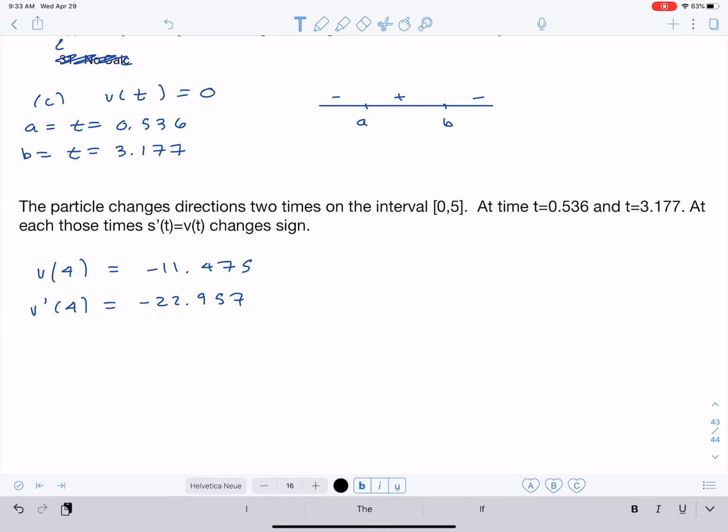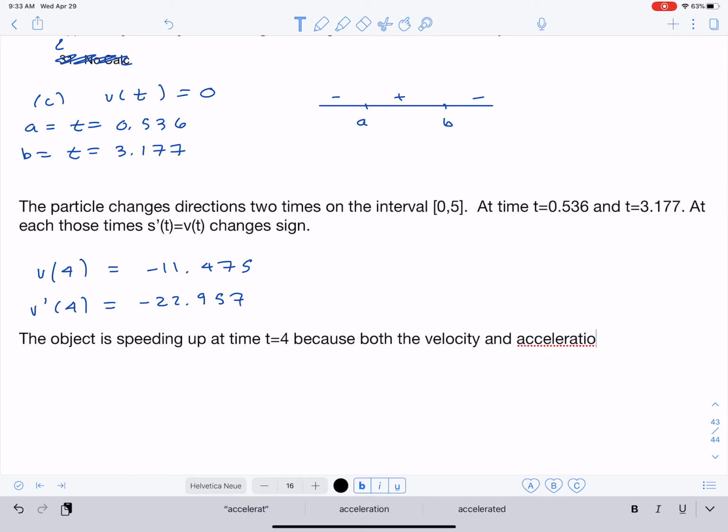So my justification is the object is speeding up at time t equals 4 because both the velocity and acceleration of the object have the same sign. And that is all there is to letter